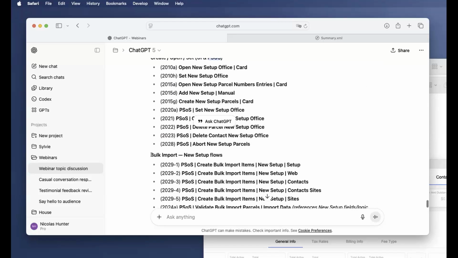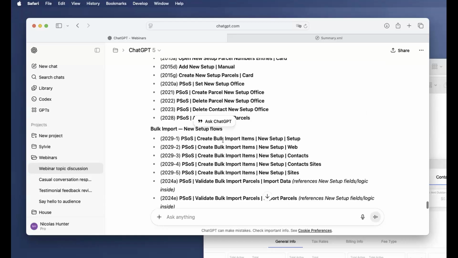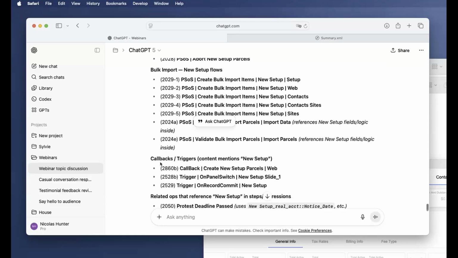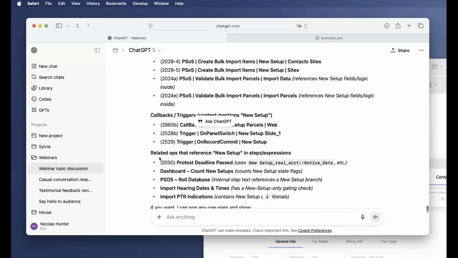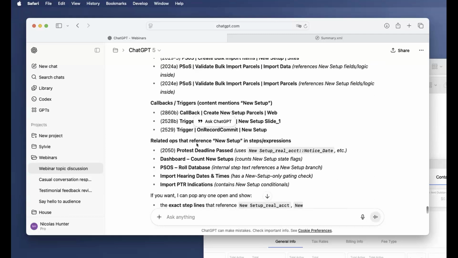Then you have the bulk import, new set of flows. Then you have all the callbacks that mention new setup. Then you have the related ops that refer to new setup in scripted expressions. For example, in protest deadline passed, there's no new setup in the